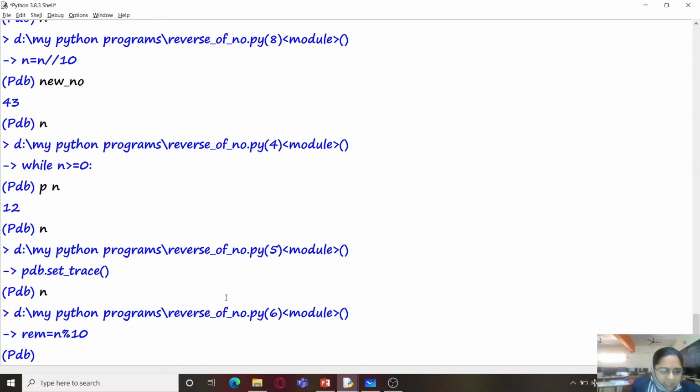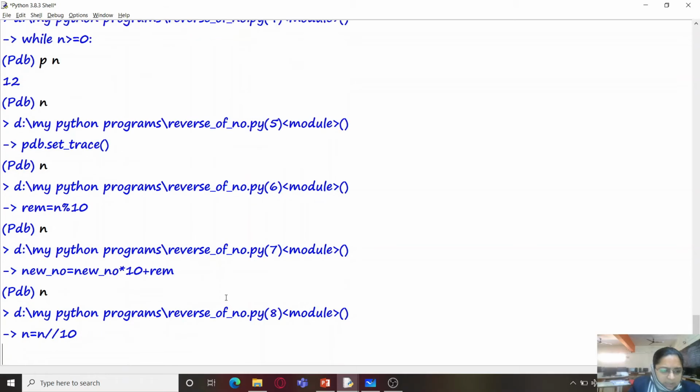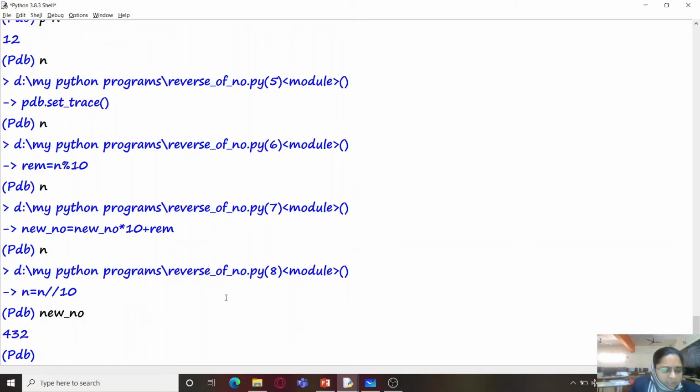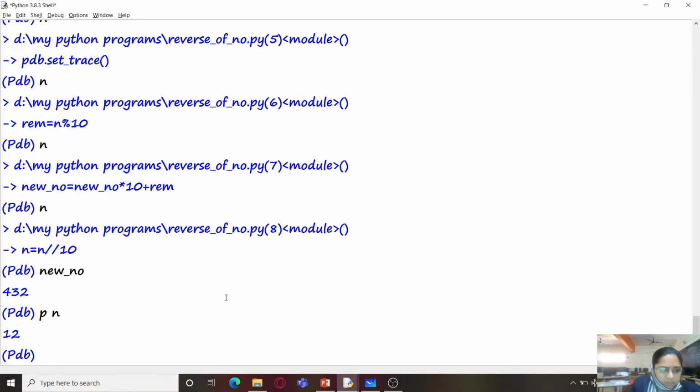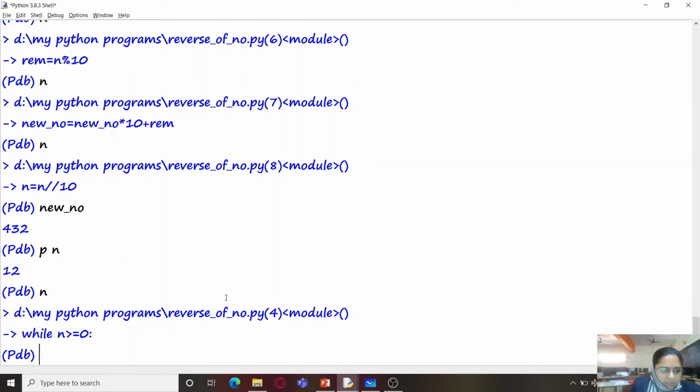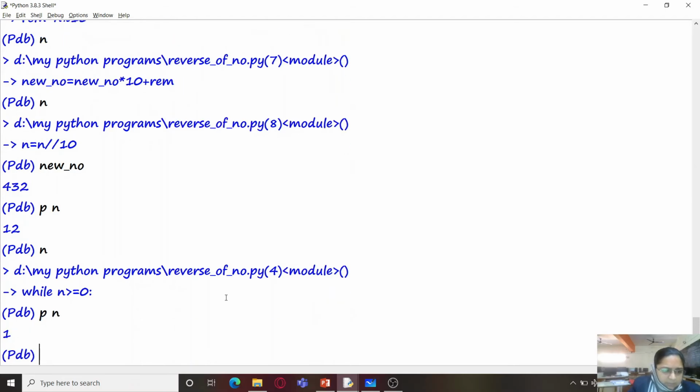Keep running it, and again we are going to check new number. It is 432, which is going in the correct direction, and we will print the value of n, which is equal to 12. So let's change it. While n is greater than or equal to 0, we have to do it. And let's check the value of n now. It is 1 now.